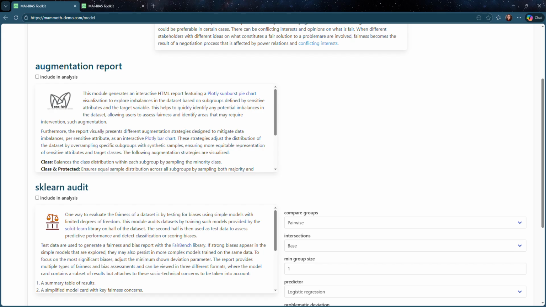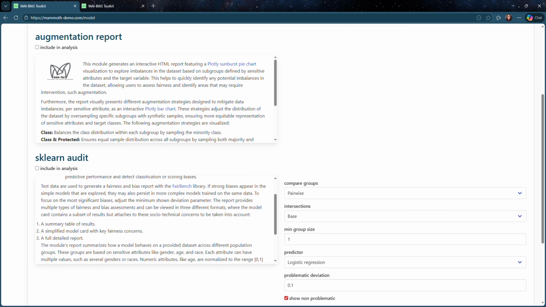It also provides different augmentation strategies, allowing us to explore how the dataset could be rebalanced to improve fairness. While the second one is the sklearn audit. This module automatically trains a baseline model on the dataset and evaluates its performance across different subgroups. This allows us to understand how dataset imbalances may translate into biased predictions.